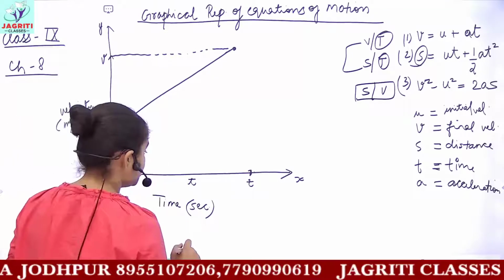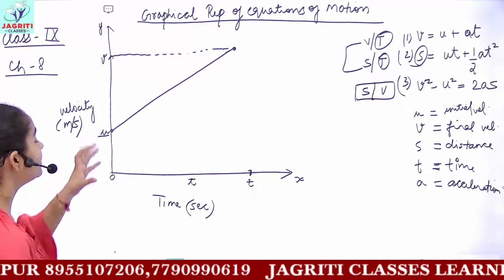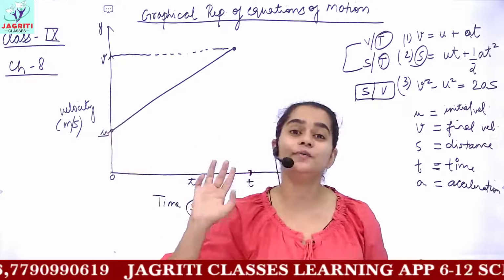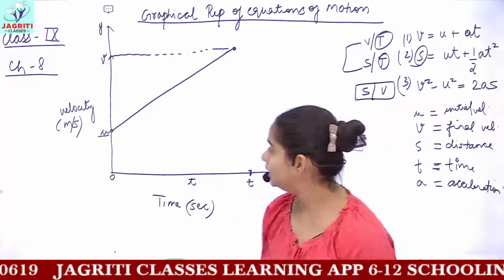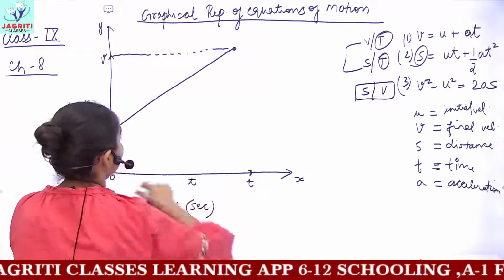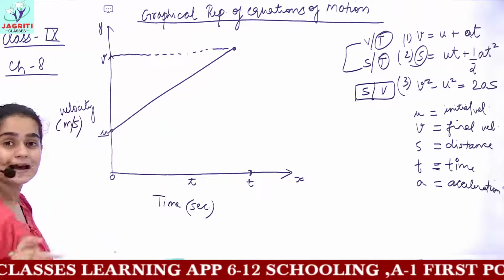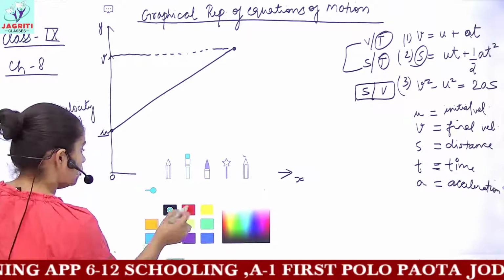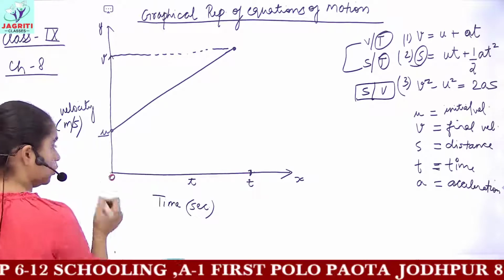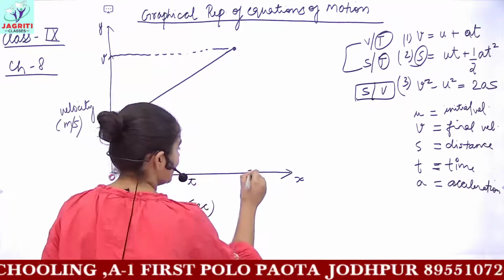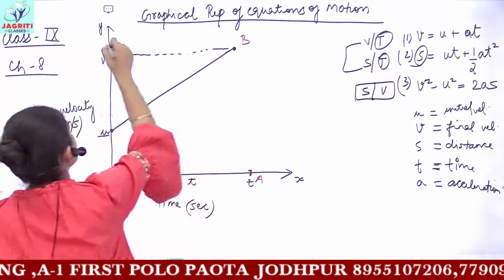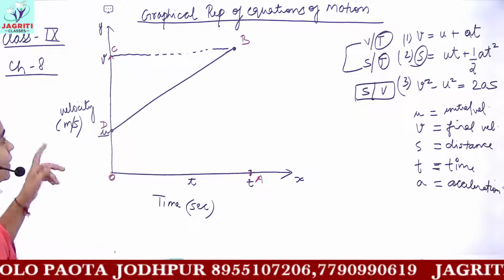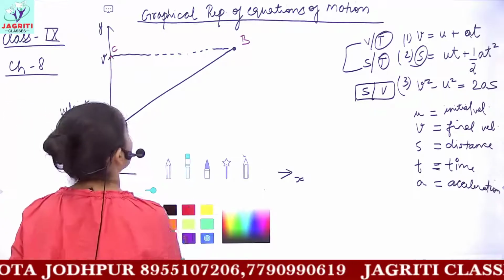Now you have to find the area of this graph, and you can write it is moving with a uniform acceleration a. Uniform acceleration I have told you when we discussed the acceleration topic. So here acceleration is a. You have to make this graph as a velocity versus time graph, and you have to label the parts. Now we are also labeling the points. Let this be O, this point A, this would be B, this point is C, let this point be D.